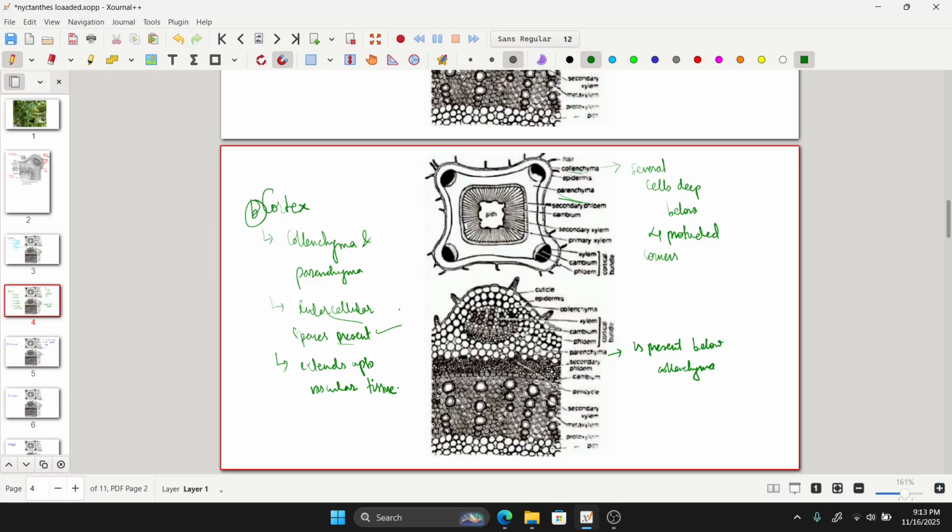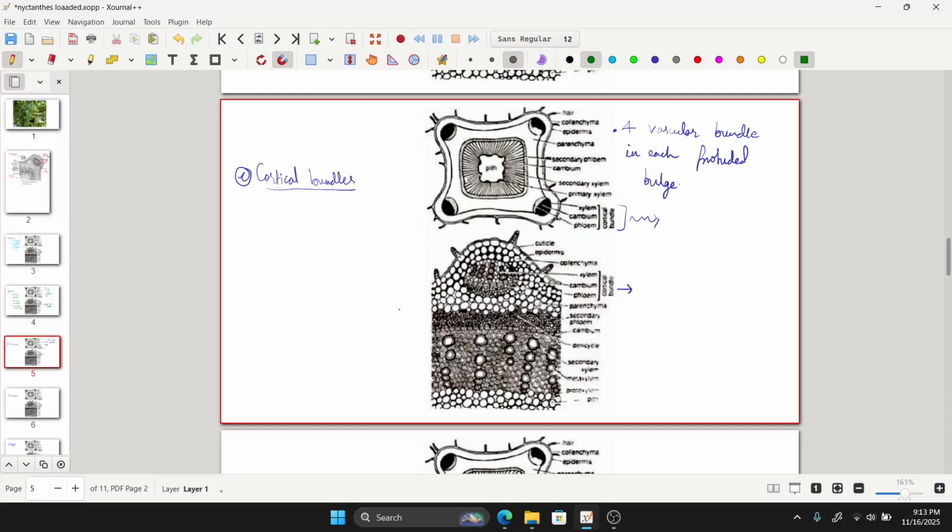Now let's move to the next one, the cortical bundles. The cortical bundles are 4 vascular bundles in each protruded bulge, and as I have shown you, they have exarch condition, which is just opposite to the normal one, that is endarch type, and these have xylem ends towards the outer side. The cortical bundles are conjoined, that is both xylem and phloem are at the same radius, and collateral type,